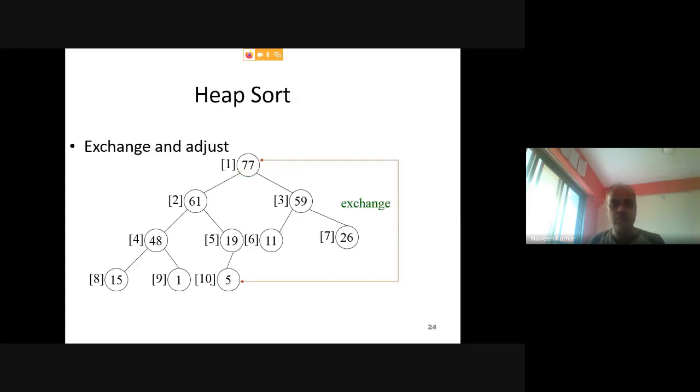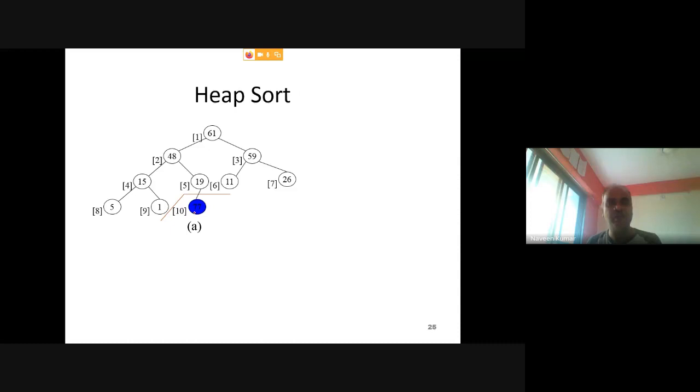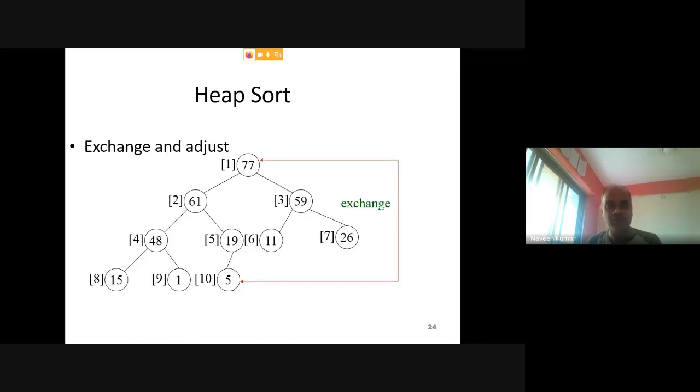Correct? So first exchange or swap these two positions. So 77 will come here and this element 5 will go to this place. Now reduce the size by 1, so now the array will contain only n minus 1 number of elements.